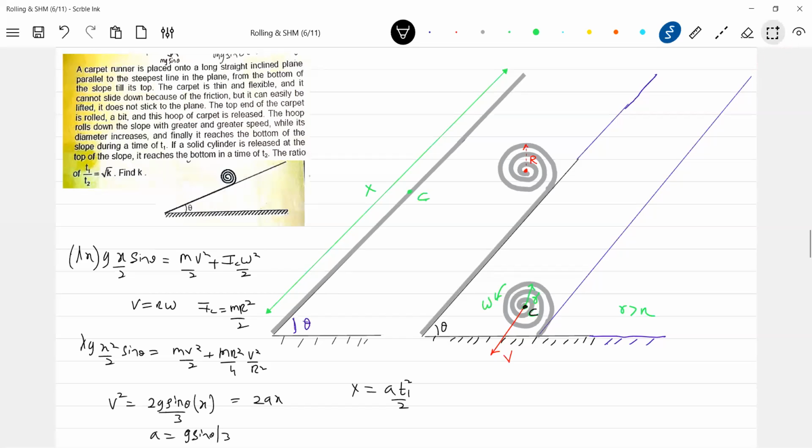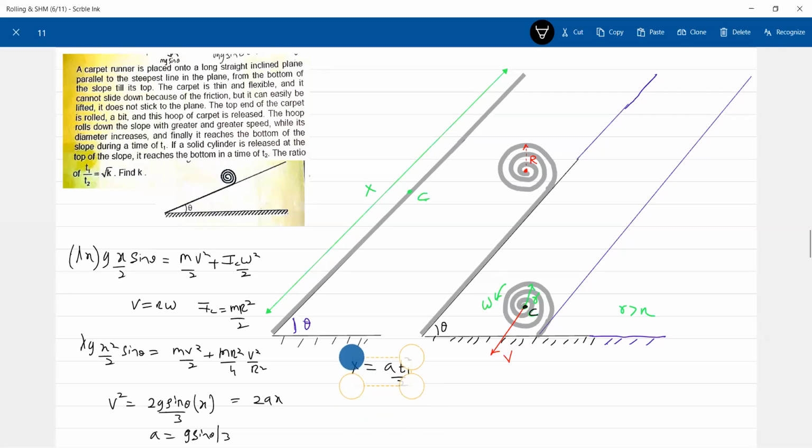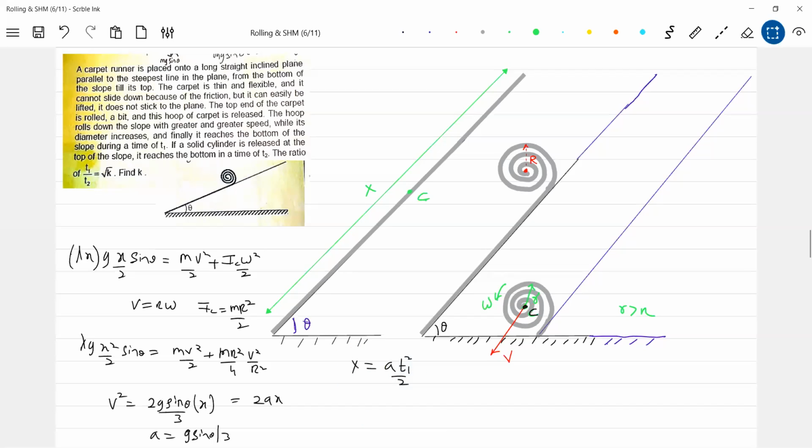Okay, now let me get into the concept. What is this? x equal to a t1 square by 2, equations of motion, the distance. Finally, this end of the carpet will reach here. It's a rough diagram I put. So what is t1? t1 is 2x by a. What is a? a will be...